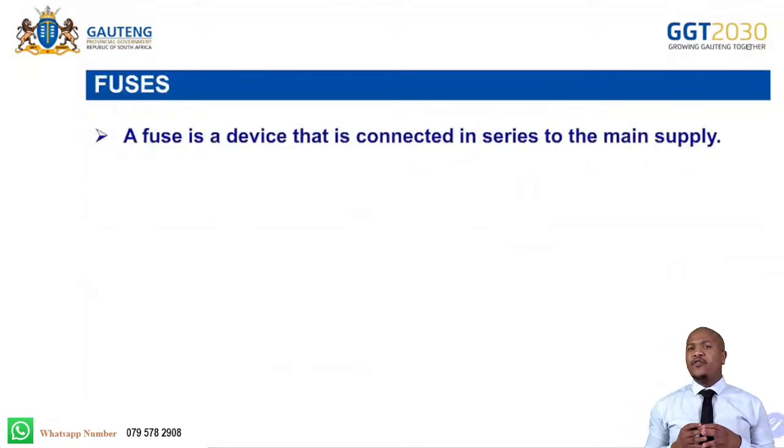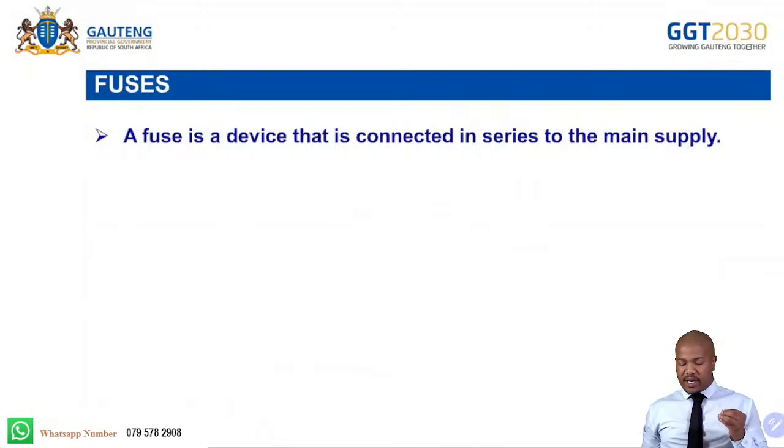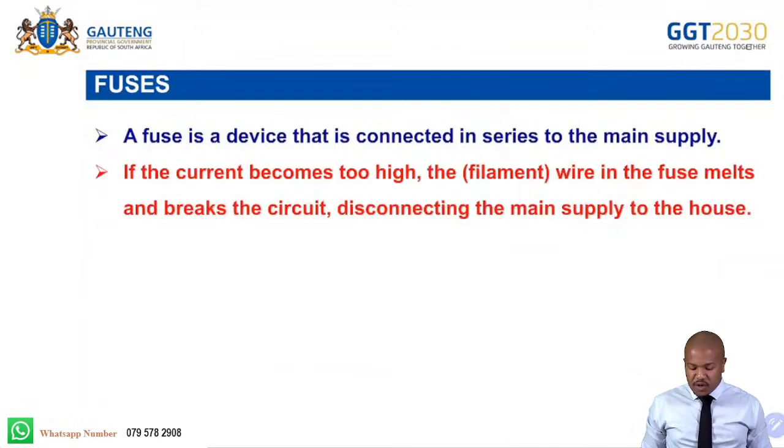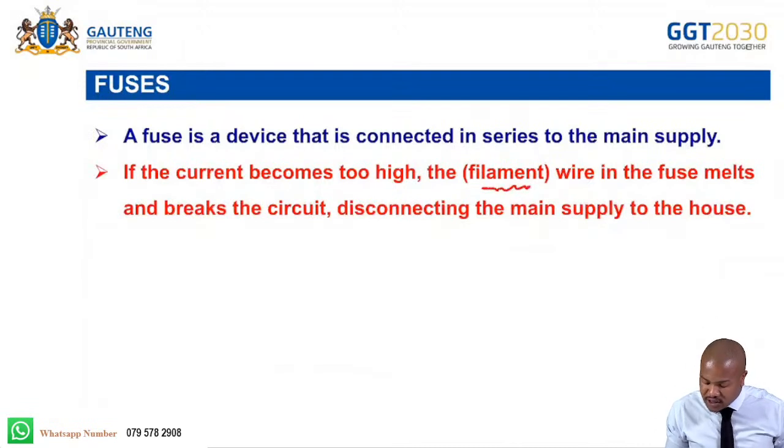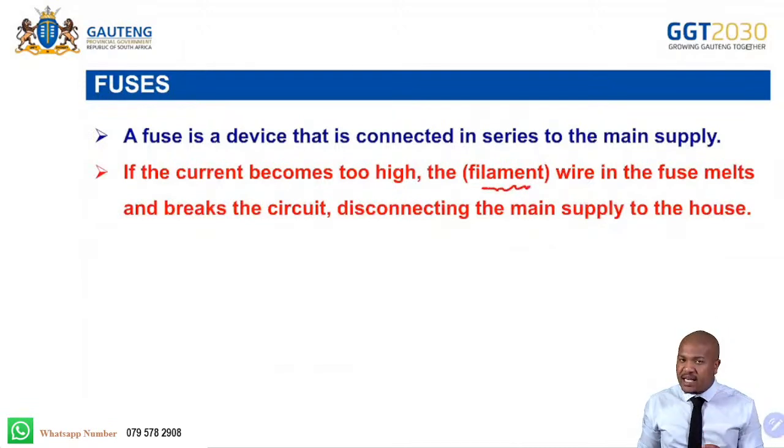So a fuse is simply a device that is connected in series to the main supply. When the current becomes too high, the wire inside the fuse will melt and break the circuit. Are we together? The filament or the wire inside the fuse will melt to cut off the flow of current, so it completely disconnects the main supply to the house. So fuses are used as safety devices as well